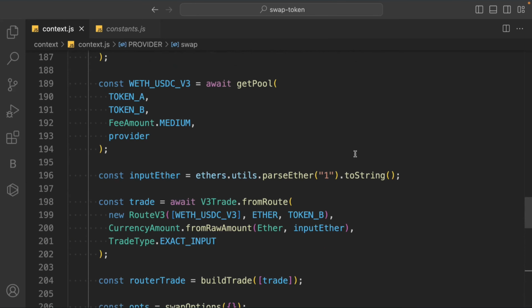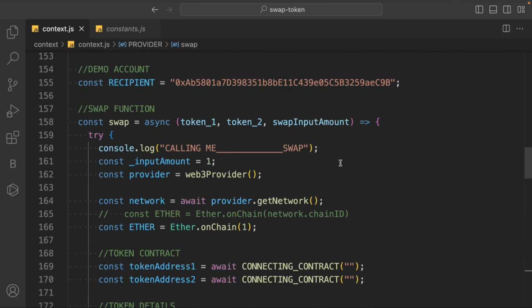work absolutely fine. Right now we cannot test this particular function on the front end because we don't have the special method, and that particular special method is only available in the hardhat ethers package, not in the normal ethers package, which I will show you. Just wait. So that's the first thing we have. We are getting the amount. You can also get this amount from the front end,